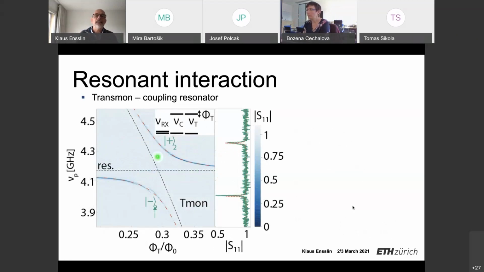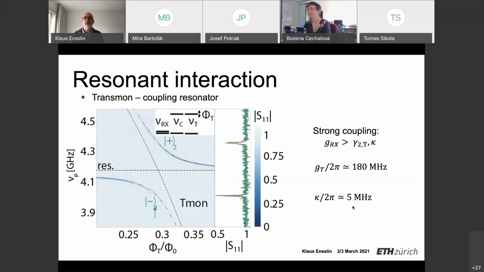Now, let's take the Rx qubit of resonance, only resonator and transmon. Again, you see an anti-crossing. It's much nicer than before, and the reason is that the transmon has a much higher coherence time than the semiconductor qubit. But you can calculate the relevant parameters and the coupling strength, and we see now that the transmon couples strongly